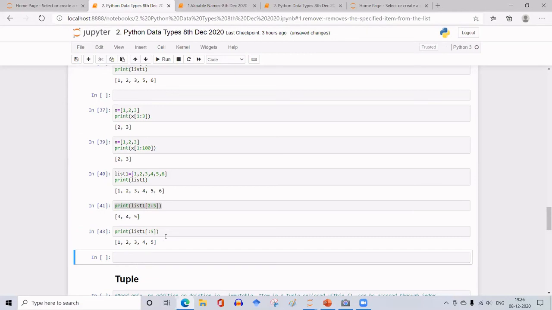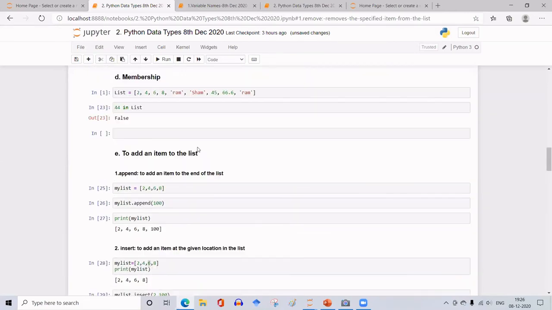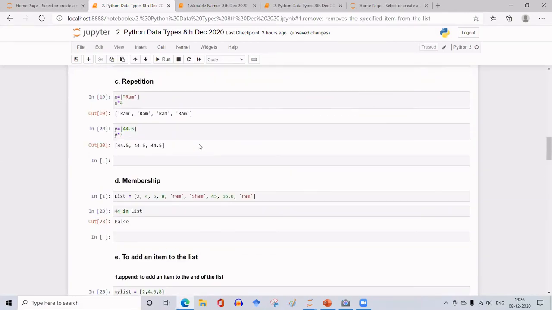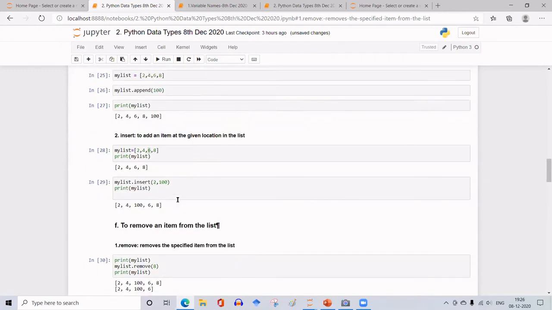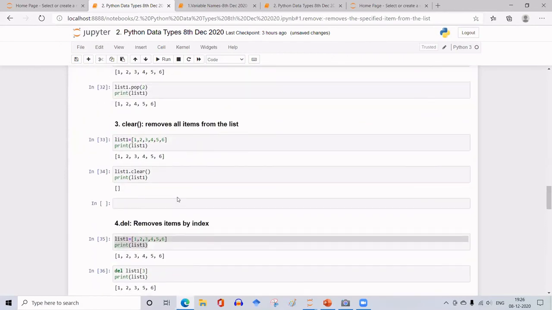Ma'am, what if the value is negative? I mean, -5. No problem. This data can have signed integers and floats, then strings. Did I not tell you at the beginning? It can have mixed data. I did not take a negative value here, so let me take a negative value.